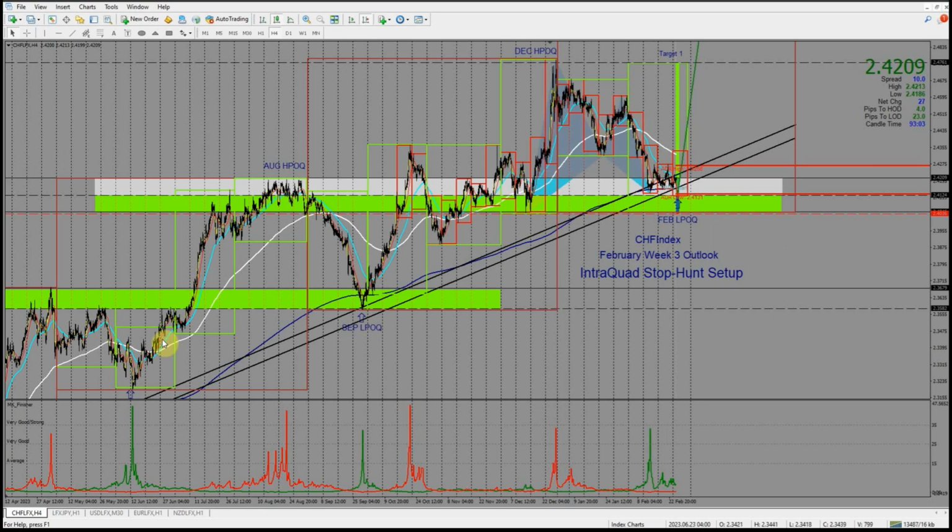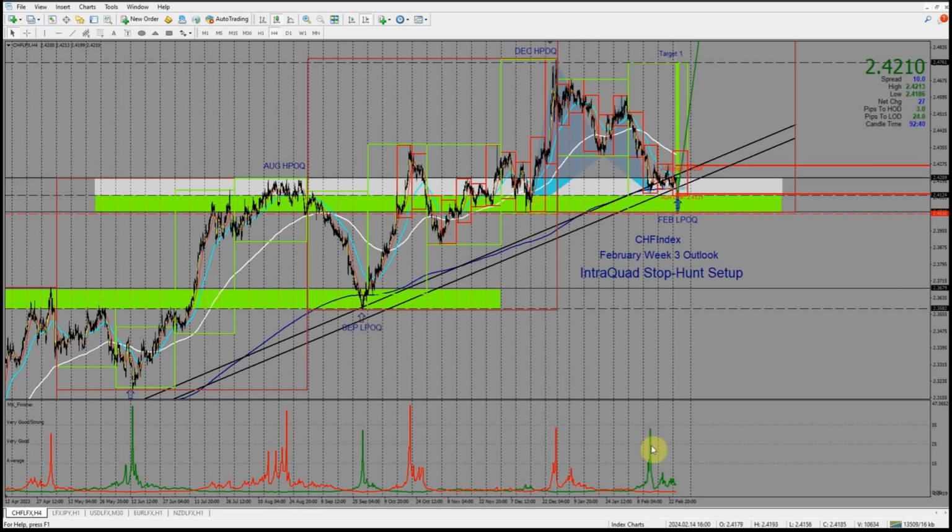When you go to the high time frame, 4 hours, and you see this signal here, it's a buy. It's the second week of the quad cycle, 1, 2, 3, 4 months. This was the first week of the quad cycle. So you already know that this is your stop hunt low of the quad cycle. You get that signal, and you know that this is your stop hunt low of this quad cycle.